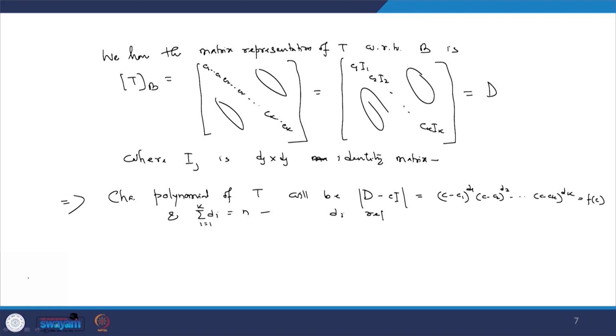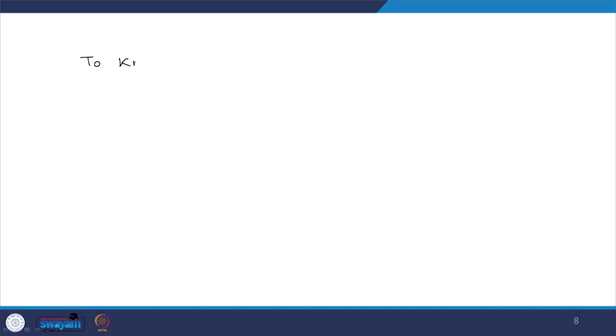Di represents the algebraic multiplicity of the eigenvalue Ci. The power of C minus Ci in the characteristic polynomial denotes the algebraic multiplicity of the corresponding eigenvalue. Now, suppose we are interested to know about the eigenspace associated to the eigenvalue C1. To know the eigenspace associated to an eigenvalue, say for the sake of simplicity I take C1 only,